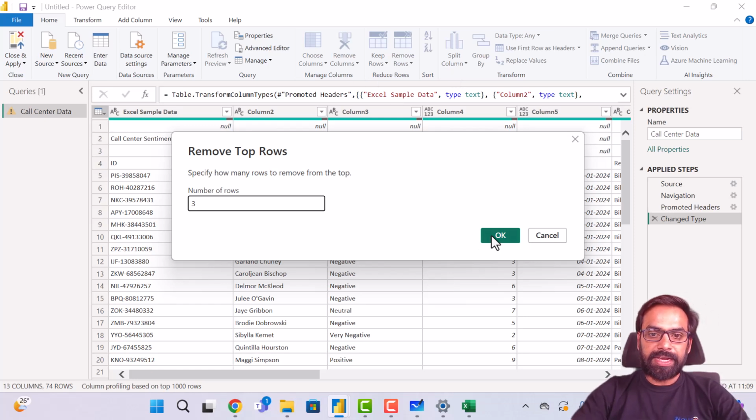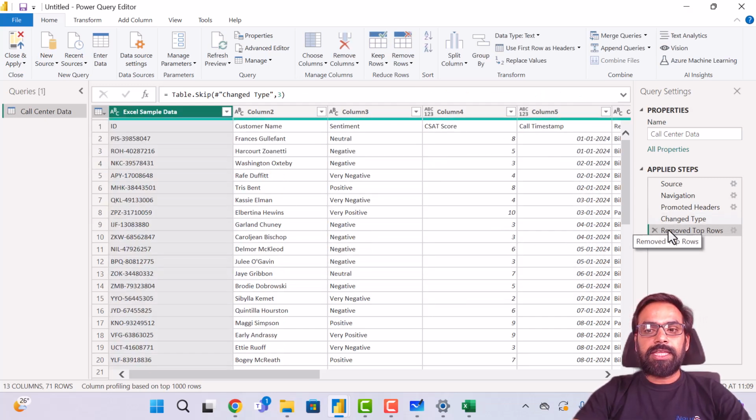Now if I click on OK, have a look at this. Applied steps, right. Right now there is nothing happening over here. But the moment I do it, the step that I've taken to clean my data will be recorded over here, so that as a user I can go through the steps. And somebody else who will be using this file later on can also go through the steps that the other user might have taken to clean the data. Okay, so if I click on OK,